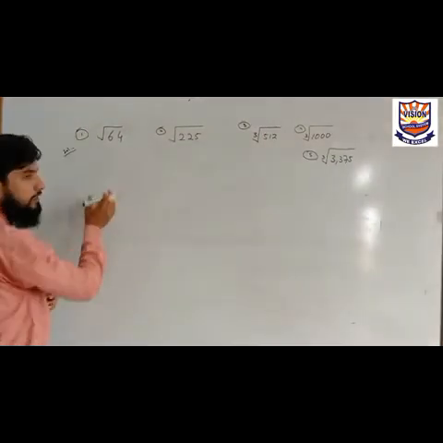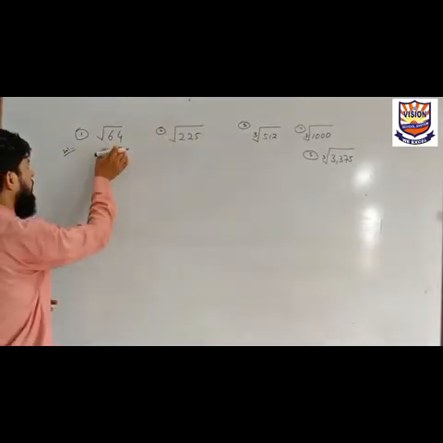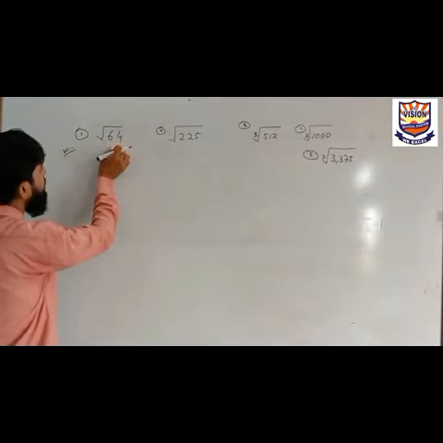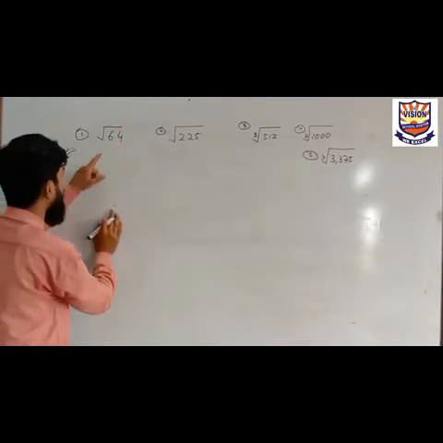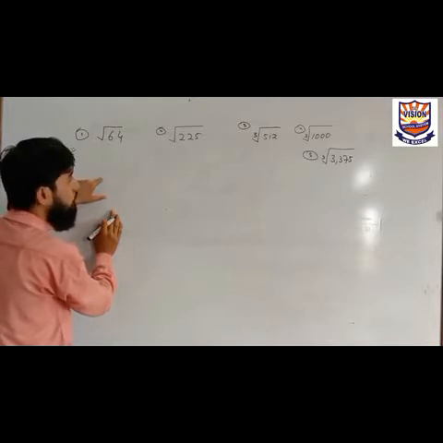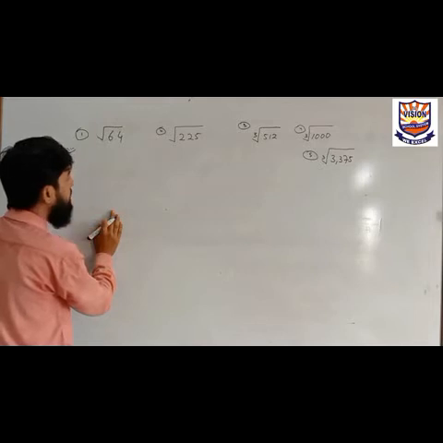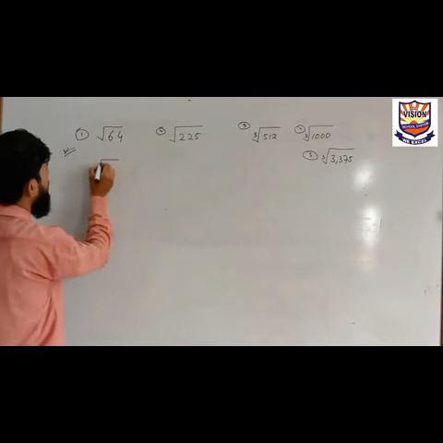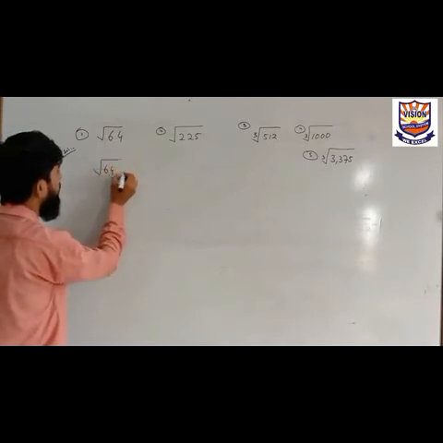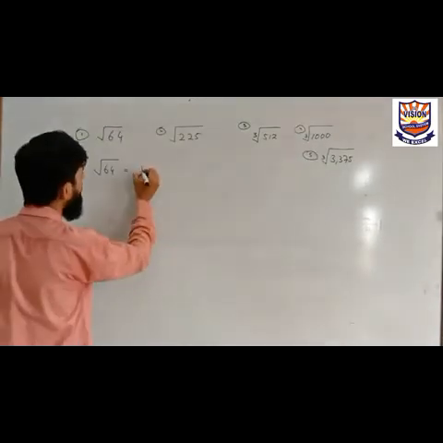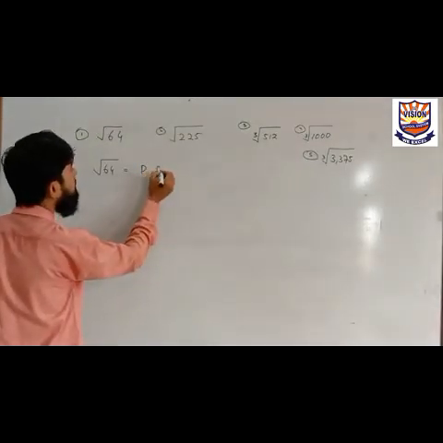And how do we calculate the square root of 64? We know that square of 8 is 64. We can directly write the square root of 64, that is 8. But we want to know how do we calculate a square root of a larger number. So we will start learning from a smaller number. First of all, write square root of 64. Our aim is to reduce the number to its prime factors.